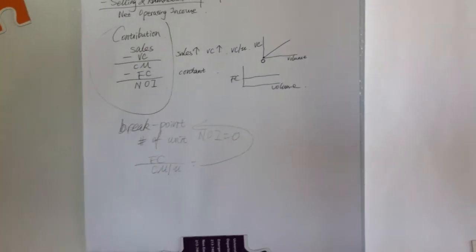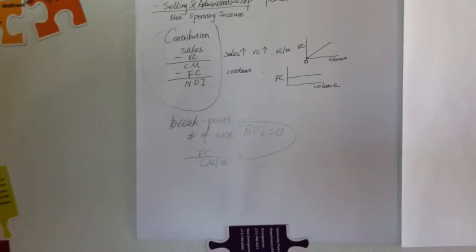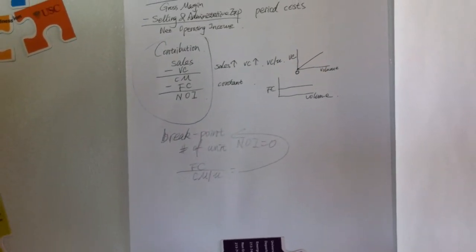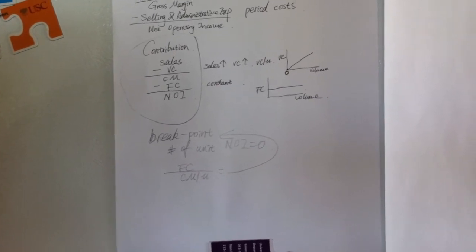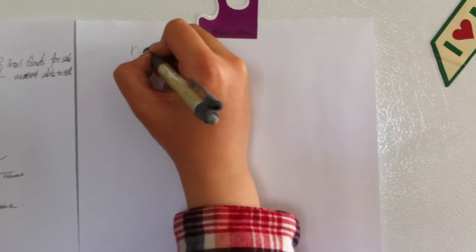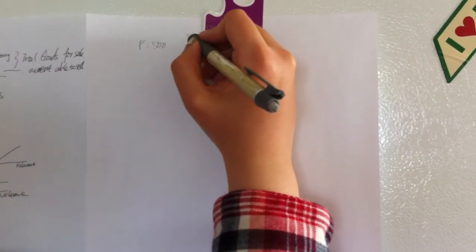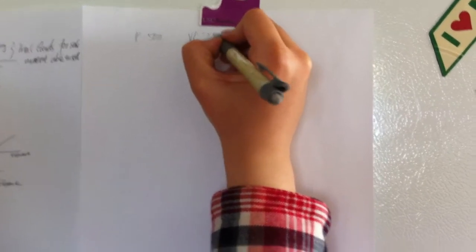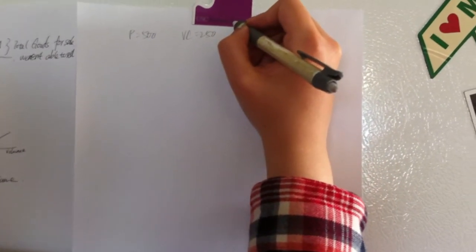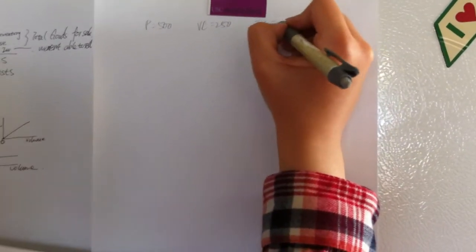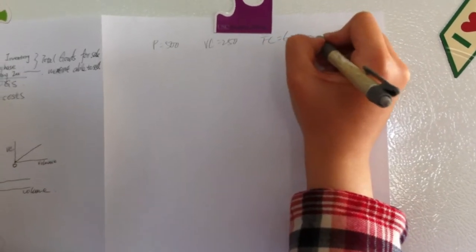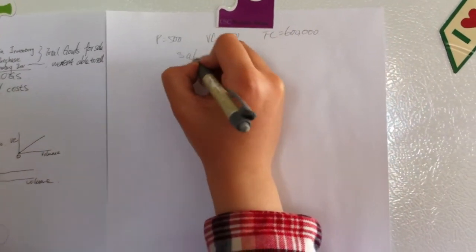We can assume that the break-even point in units is X. So it sells computer for $500 each, which gives you price equals 500, and then each desktop has a variable cost of 250. Monthly fixed expenses 600,000, and if you follow the format,